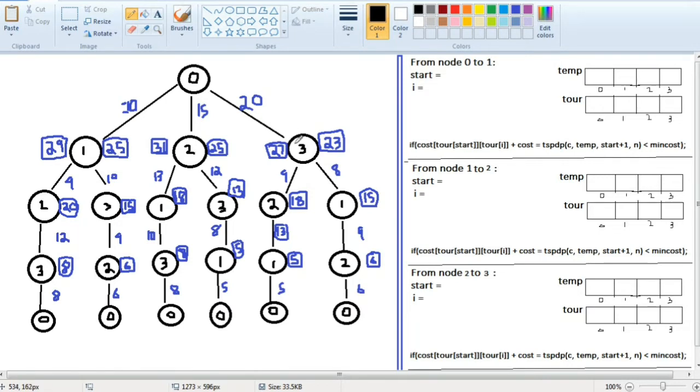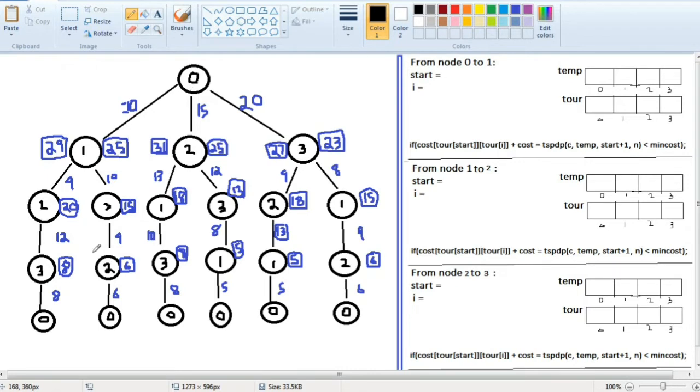Say I choose to visit 1. When I visit 1, 0 is already visited, so I have 2 options left, 2 or 3. I'll choose either one. In the first case I will choose 2. If I choose 2, only one node is left to be visited, which is 3. So I'll visit 3, and then finally reach the starting position, which is 0. These zeros are the same as the starting vertex.